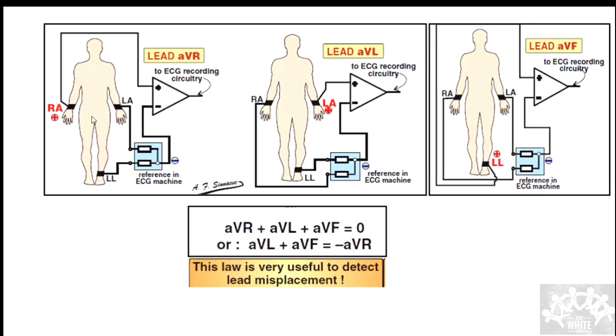So here, instead of taking only right arm and left arm, he did a very smart thing. What he said was, I'll take the potential difference between left arm and left leg. So this becomes a summated electrode. I took the right arm and I'm measuring the potential difference across left arm and left leg together. Similarly, if I want the left arm, I take right arm and left leg together as one electrode and left arm as one more electrode.